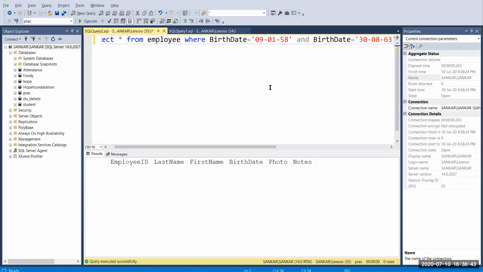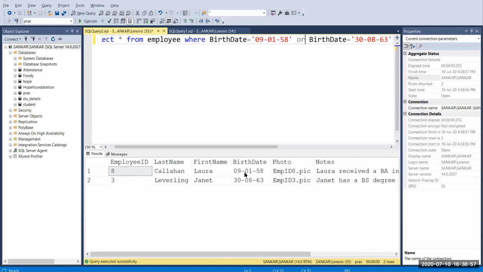Here no record satisfies both conditions, so it won't print any values. If you give OR, you can get both values. OR is used for getting the values even if any one of the conditions is true.